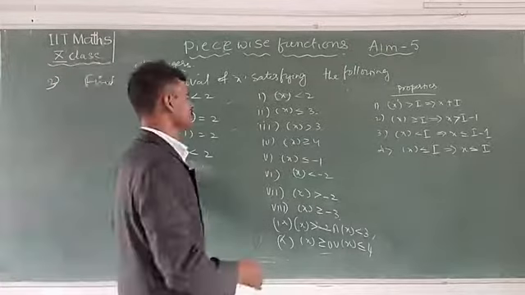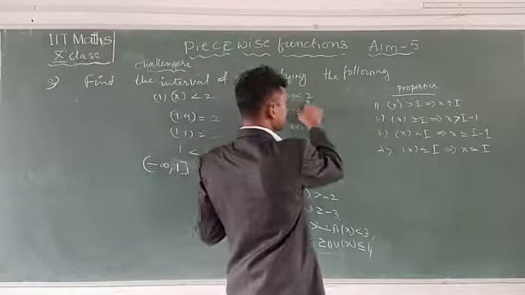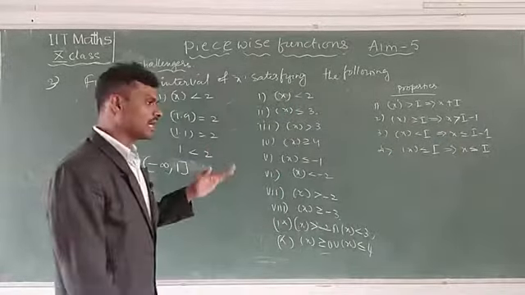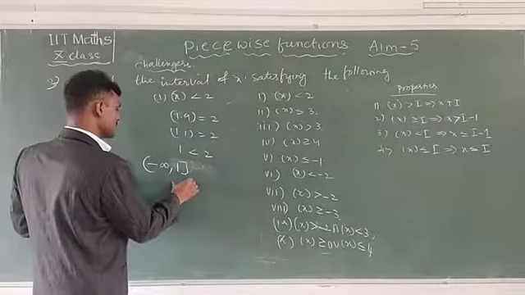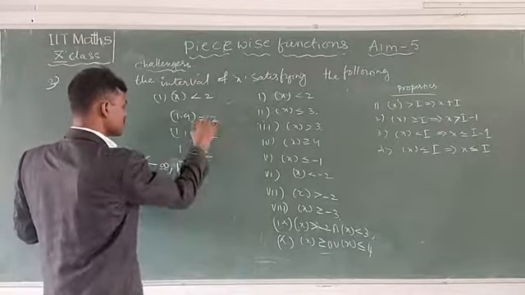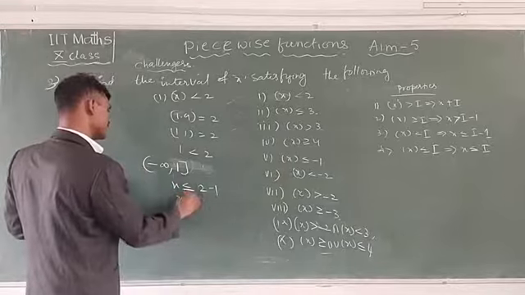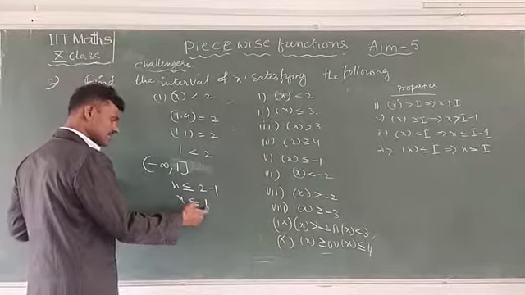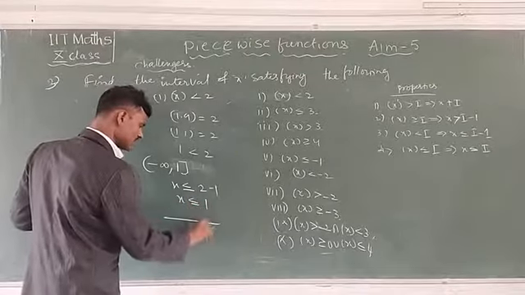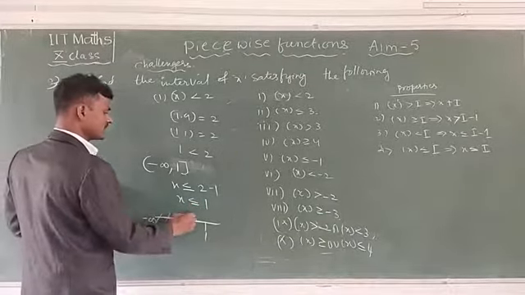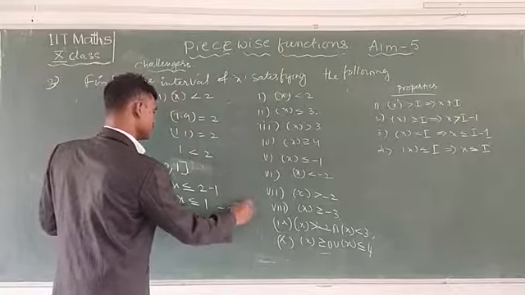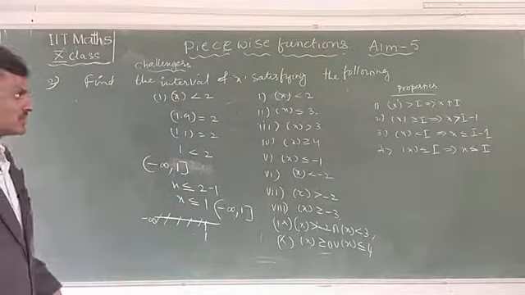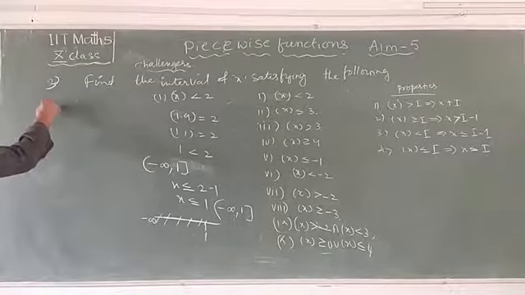By using the formula, you have to see: step x is less than 2 means x is less than or equal to I minus 1, which is 2 minus 1. Here x is less than or equal to 2 minus 1, which is 1. Now x is less than or equal to 1, up to minus infinity. That's why minus infinity to closed interval 1. Both are correct. Note down this one.